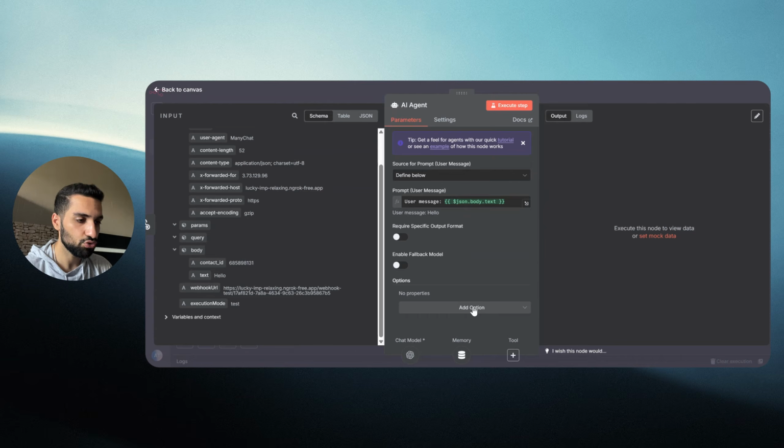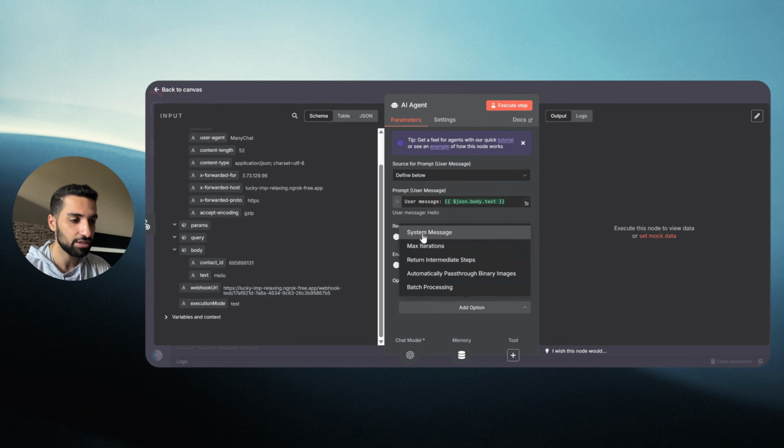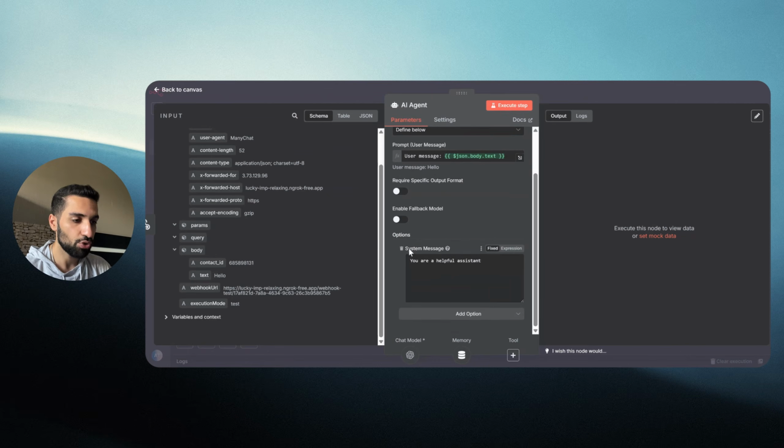So now I need to define a system prompt or system instructions for our AI agent to be able to know what exactly to do. So under the options, click on add options and click system message. So here by default it says that you are a helpful assistant. I'm just gonna add another thing to just make it more powerful, but feel free to give whatever you want based on your needs. You can give any system prompt to this AI agent, but for now I'm just gonna